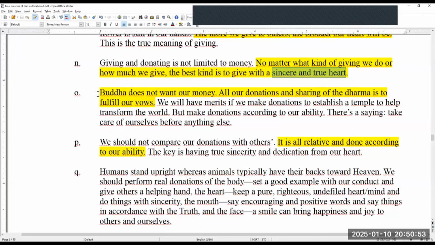So therefore, you need to give. Well, really, Buddha does not really want our money, because after all, they are, so to speak, above this material aspect. So therefore, our donation is sharing of the Dharma to fulfill our vows. And fulfilling our vows really means the fact that,